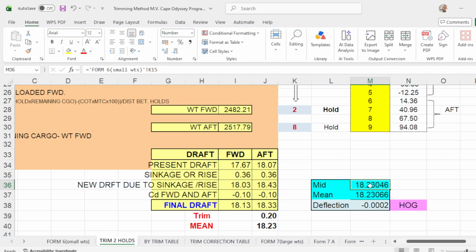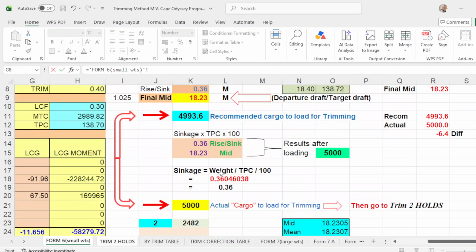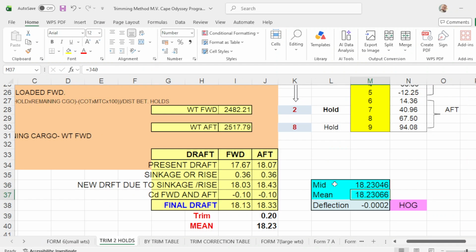Put equals. You go to form number 6. Once you have loaded 5,000, this will be the departure mid. You click this one, and there it goes. Then you click your mean, put equals with your mean here, and your deflection is 0. Okay. Then you go to form number 6.